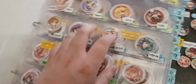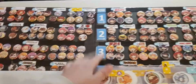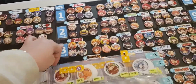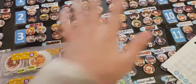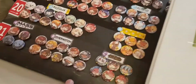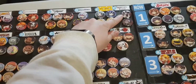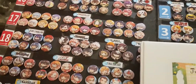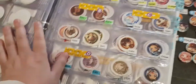And then the way I organize my boards, this will be the left side and that'll be the right side, but the ones that are labeled blue are mostly anime. So I put all the anime into one section, and this section over here, the display, is gaming, cartoons, and miscellaneous series, like Sweeney Todd. So I usually have 2 books for this, one for anime and one for non-anime, but since this is the condensed version,